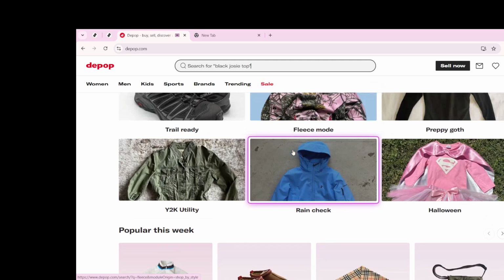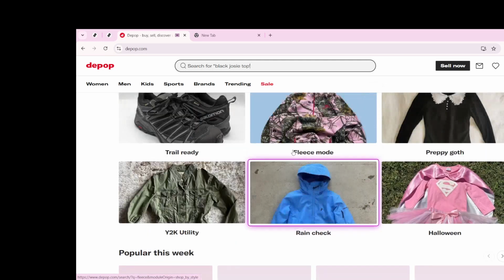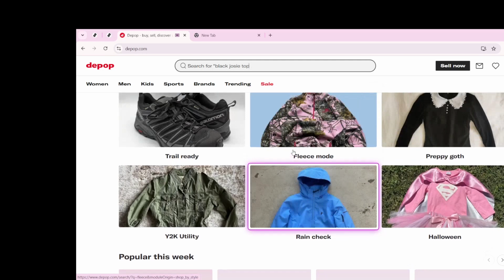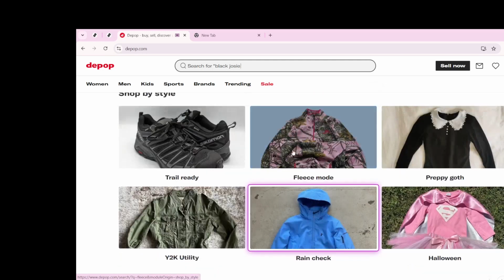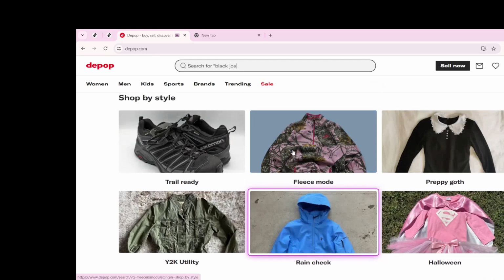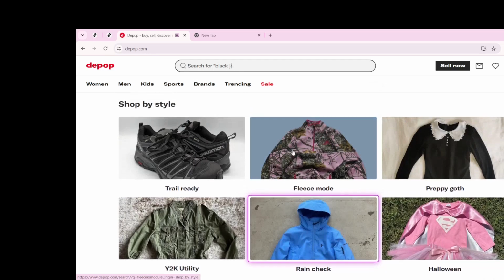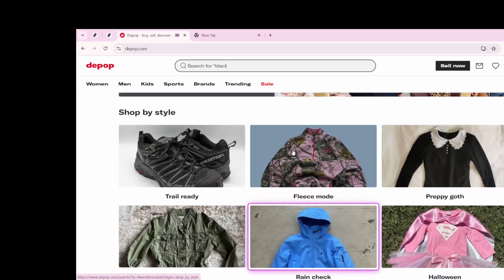To wrap up, refunding on Depop is both quick and straightforward for sellers. The process involves going to your sold items, selecting the relevant order, and completing the refund through PayPal. Buyers, it's always a good idea to communicate with the seller directly first. If further assistance is necessary, you have the option to escalate the matter through Depop support to ensure you're